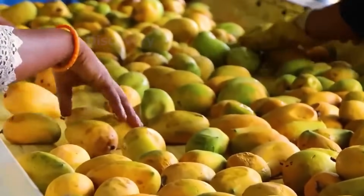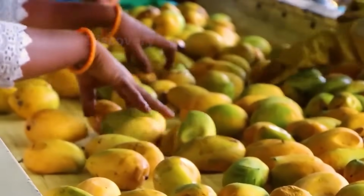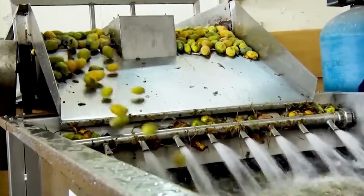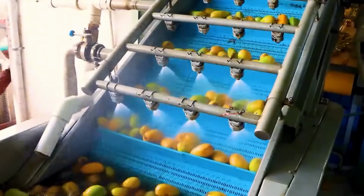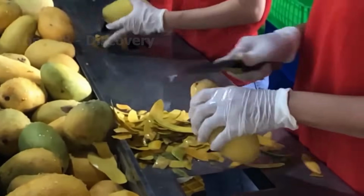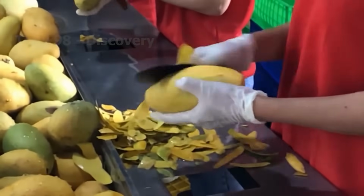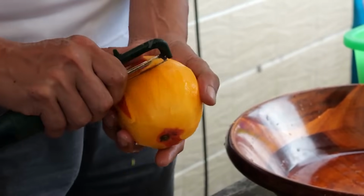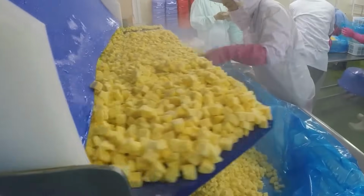Next, the mangoes pass through a wave-type fruit washer. Under high-pressure water pumps, the fruit rolls get thoroughly cleaned. After that, they flow with the water into the next process. Workers then place the mangoes in boiling water for 3 to 5 minutes to stabilize the color and enhance the flavor. This method helps to prevent oxidation and browning of the mangoes, while softening the flesh to help facilitate pulping